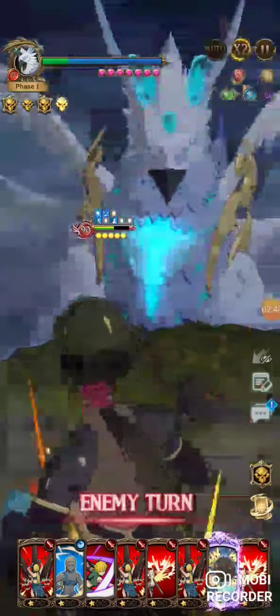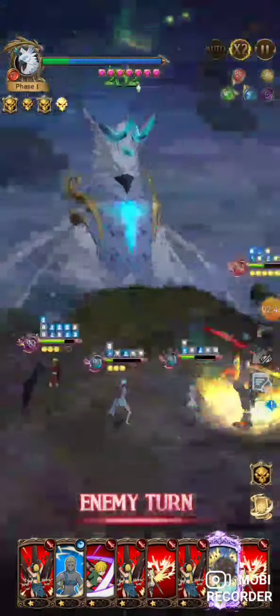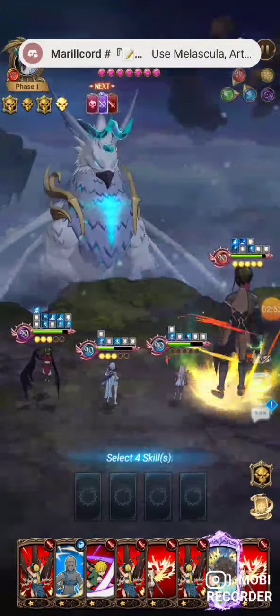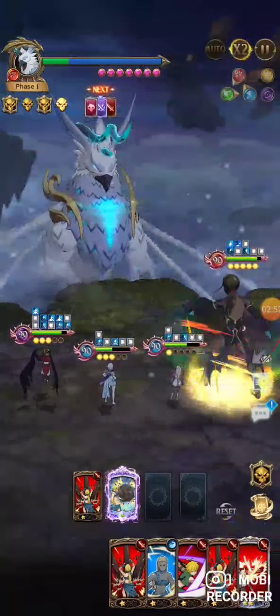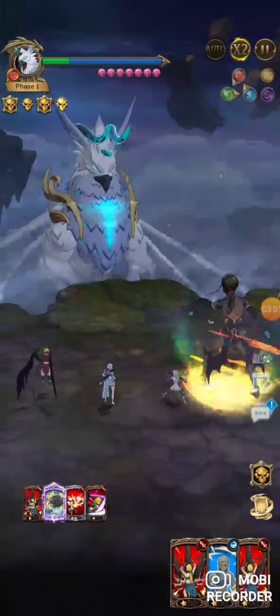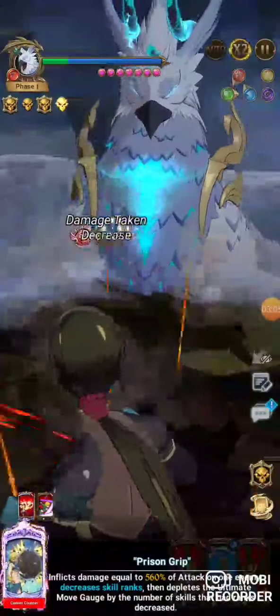See, this is the problem with Blue Jerry, is it's nice to have another person that can deal damage other than Meli, just in case you don't draw his cards. But as you can see, it's still working. It's still viable. I just don't think it's the best option for stage 3. But